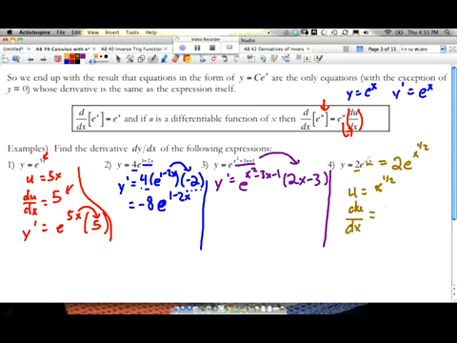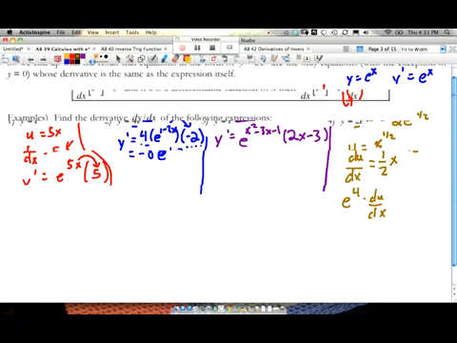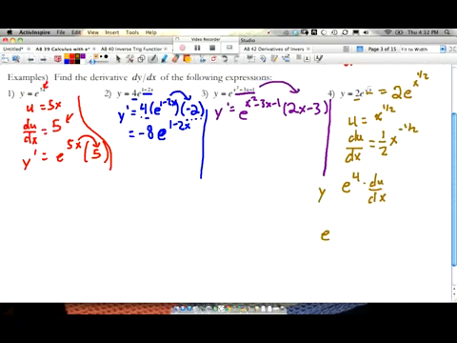That's not too hard, but it's not necessarily super easy to do in your head. Let's write it out. 1/2 x to the negative 1/2. Okay, that wasn't too bad. So the derivative is really going to be e to the u times du dx. Let's put these pieces in and see what it gets to be. So it's going to become, that's the derivative, by the way, that's what we're doing. y prime equals e to the u, so e to the